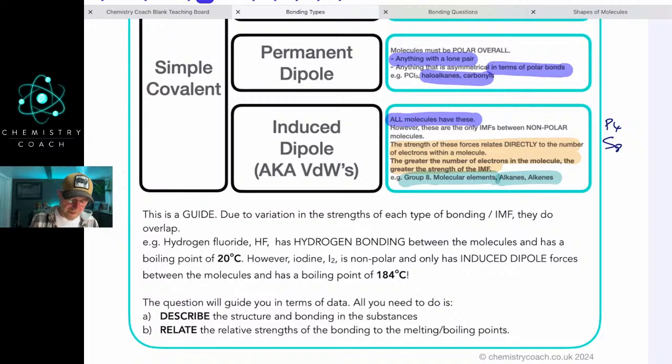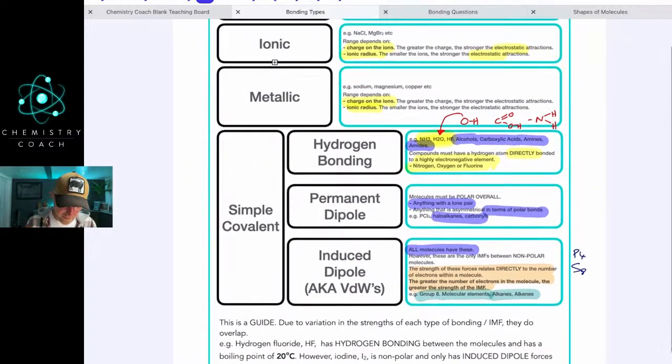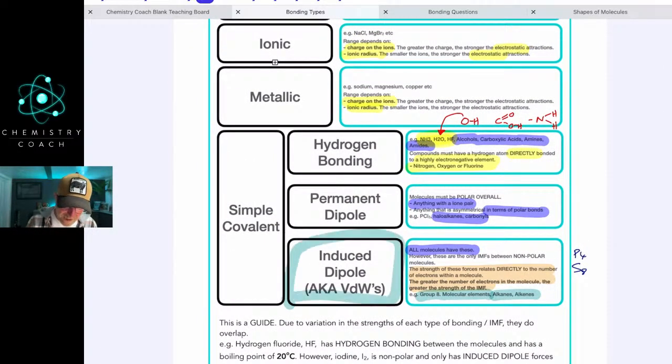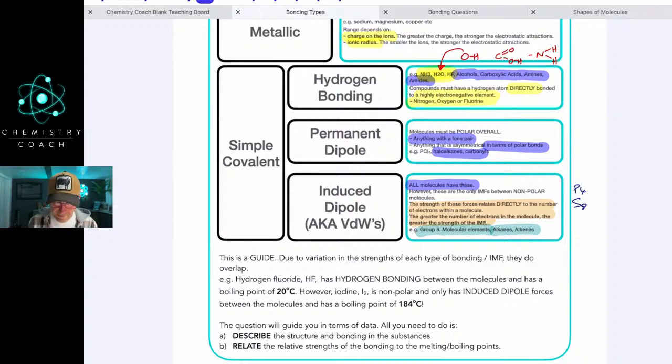As I say, these induced dipole forces vary massively, okay? There's such a range in the size of molecules. Induced dipole forces can actually totally eclipse anything else that has permanent dipole or hydrogen bonding. Let me give you an example of that. So this is a guide. Due to variation in strengths of each type of bonding IMF, they do overlap. For example, hydrogen fluoride, as we mentioned before, has hydrogen bonding between the molecules, and has a boiling point of 20 degrees Celsius. However, iodine, I2, is non-polar and only has induced dipole forces, but its boiling point is